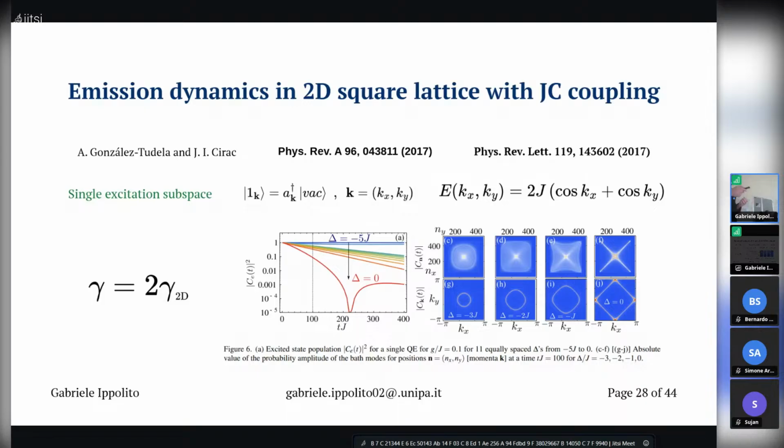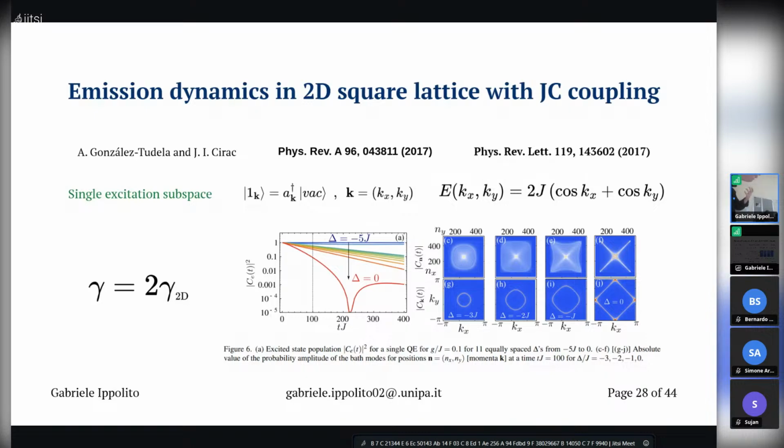And basically, as you can see, the results are exactly like my results. So this means that the emission dynamics that I studied in a 1-dimensional coupled cavity array with a quadratic light-matter interaction is identical to